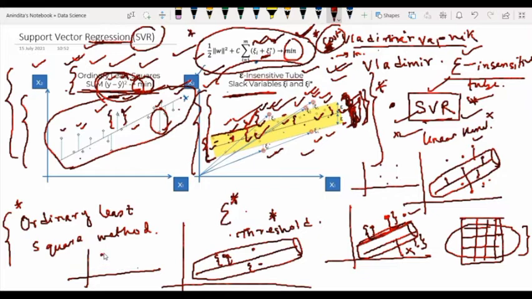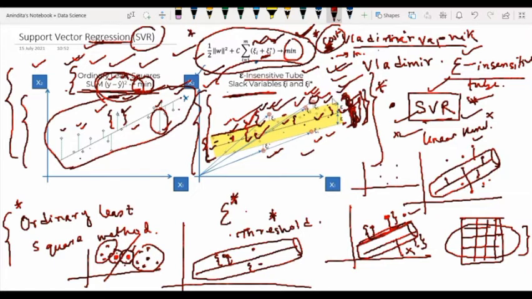So what is the difference from the support vector machine concept? In a support vector machine, say we have two different sets of values and one hyperplane. This point is far away from its group and this point is far away from its group, so these two points are known as support vectors. Whereas in this case, which one is the support vector? The points that are outside this tube. In one word, slack variables are basically known as support vectors here.